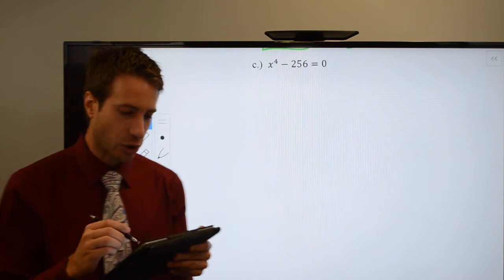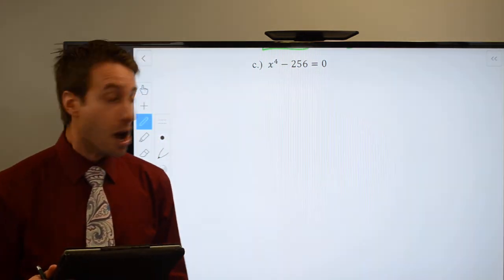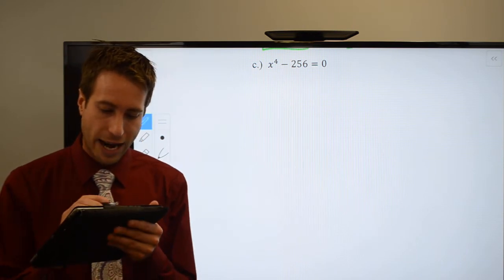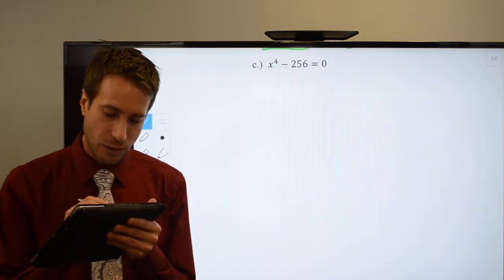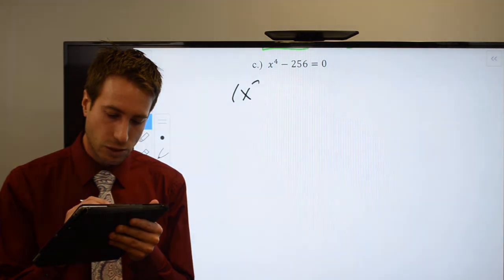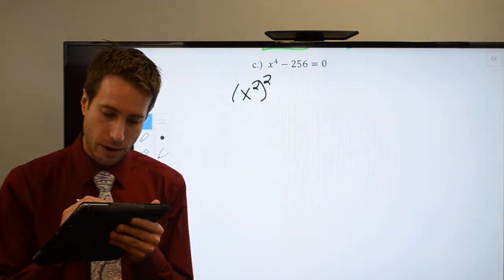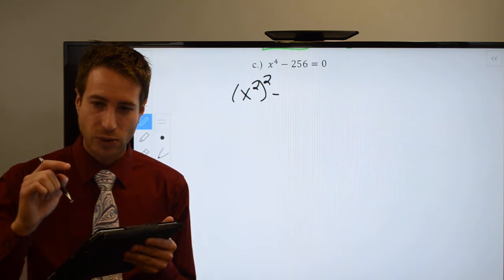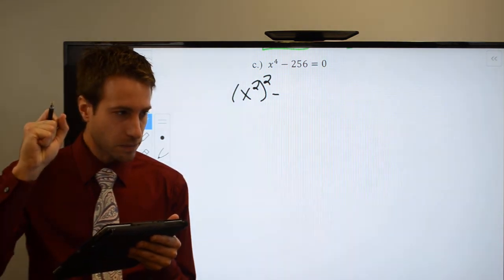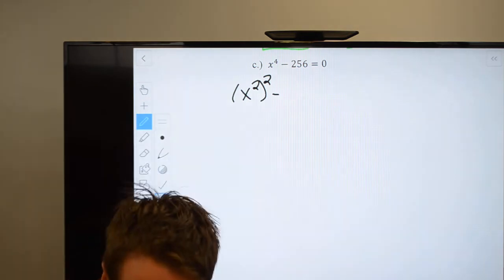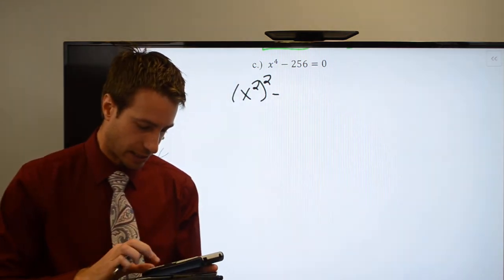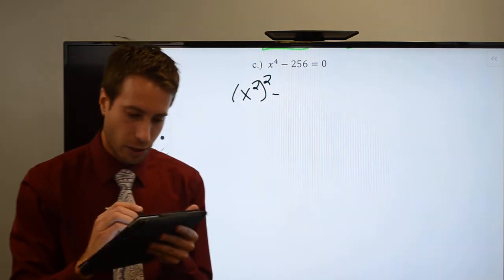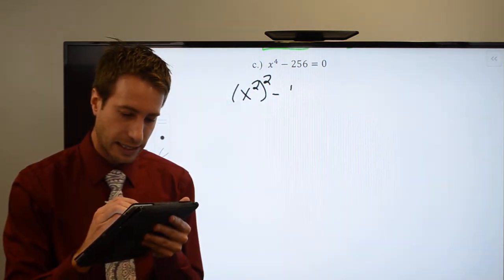Let's try this one. This one looks a little bit more promising. Actually, this one looks to me like a difference of squares. I believe that I can rewrite this as an x squared squared, and 256 can be rewritten as, I believe, 16. Let me double check that on a calculator. I'm pretty sure it's 16. 16 times 16, 256. Awesome. So I'm going to rewrite this as 16